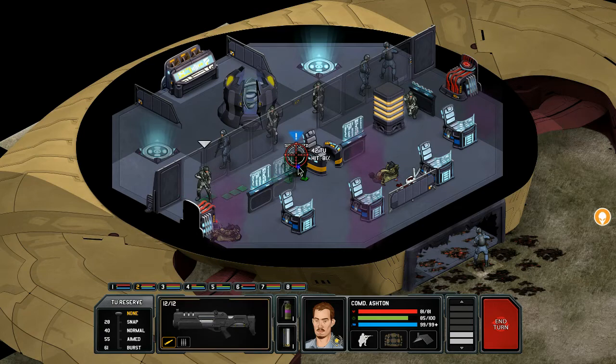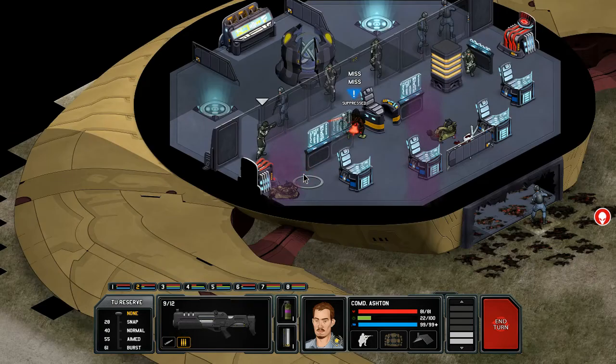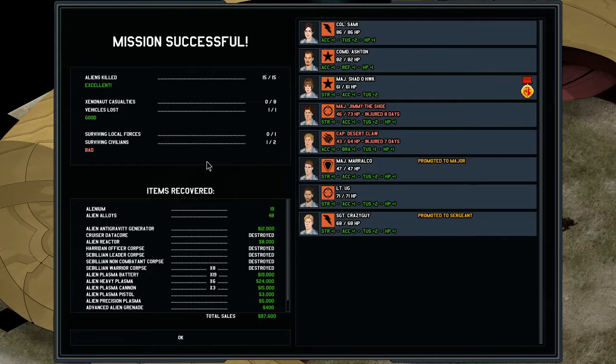Not going to go my way in the moment. Just have that inkling that it's now sort of dipping away. There we go. He falls. Shadowhawk now earns his 20 kills in combat medal. A couple of wounds, but other than that,